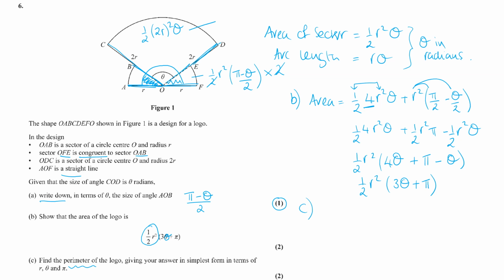Well, if that is r, then the straight edge that's part of the perimeter is r. So we need one on the other side. So the perimeter is going to be 4r. And then we need